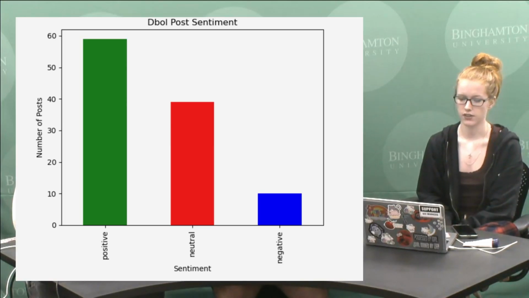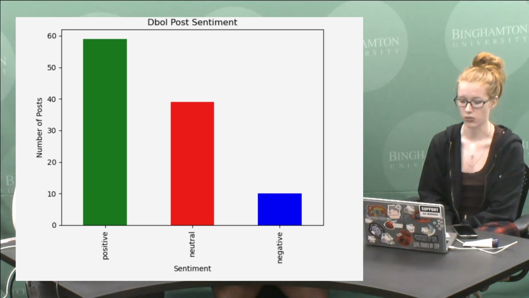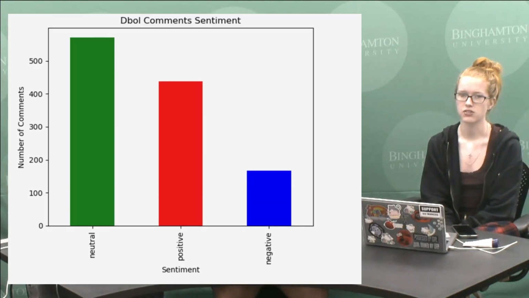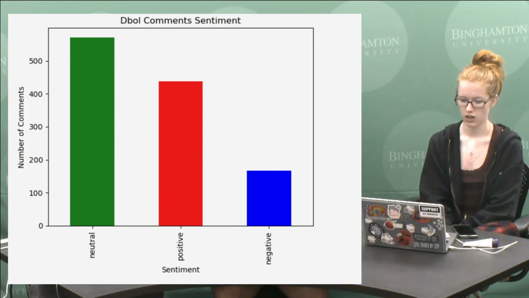For my post sentiment analysis for D-bol, around 60% of the posts were positive and only around 10% of the posts were negative, which again is like a huge gap. And then for the comments, around 450 of the comments were positive, while only right under 200 of the comments